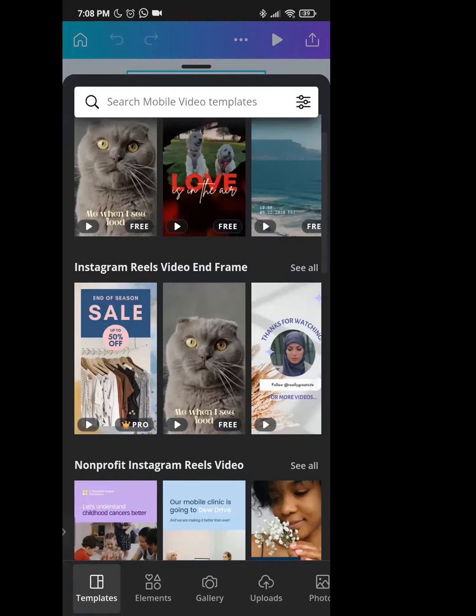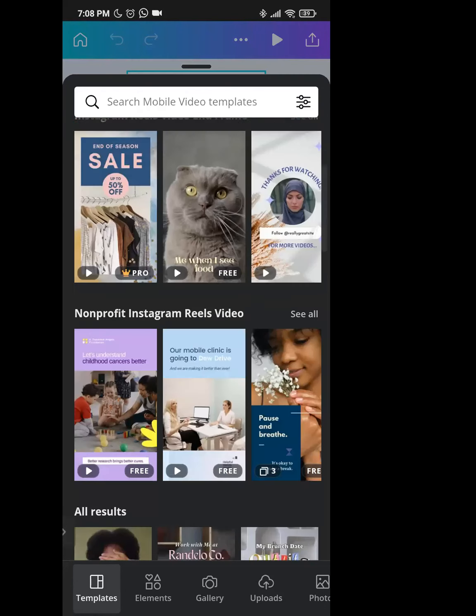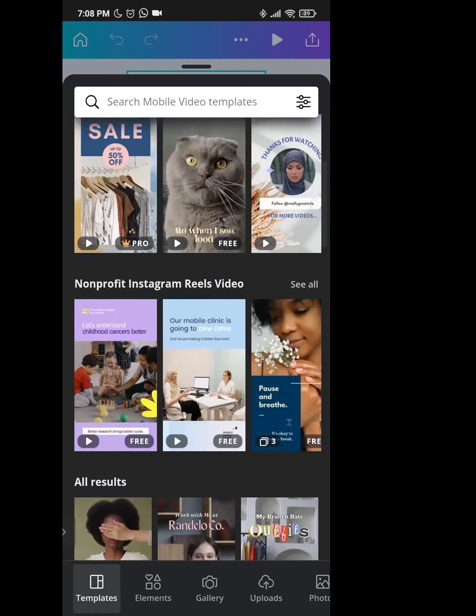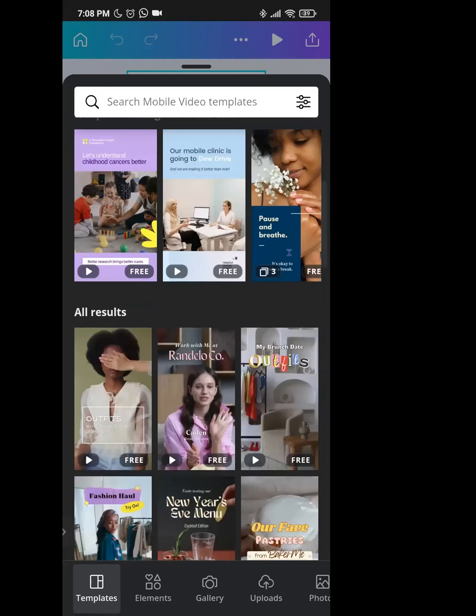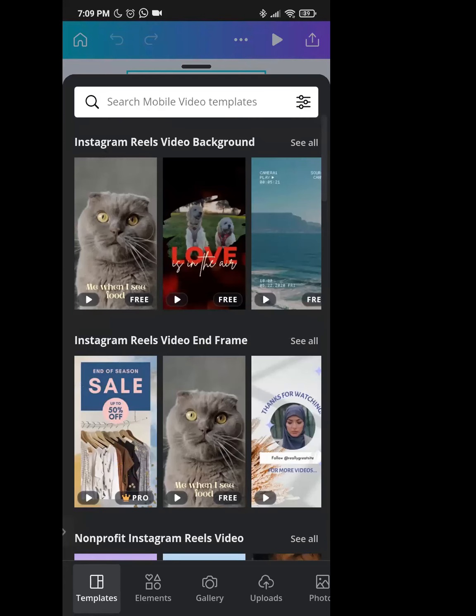So again, over here, you have an option of choosing a template, like it says over here: real video, end frame, non-profit, Instagram. All of this, you don't really have to use. I would prefer doing my own thing, because I have to do it according to what I am going to put in the video, right? So it has to be relevant. So what I'm going to do is,